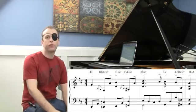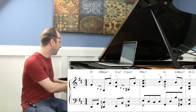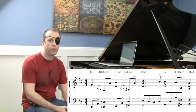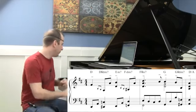But that being said, there's nothing to say that that ornamentation has to be diatonic. That's a chromatic one instead, and that sounds good. It's all about your personal style, what you enjoy. It doesn't have to be 2 notes. It can be a lot of notes. It could be...